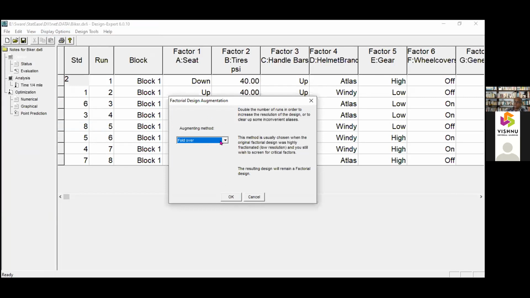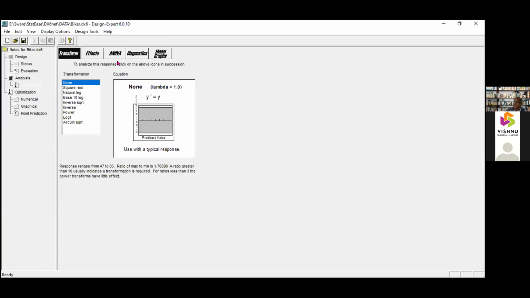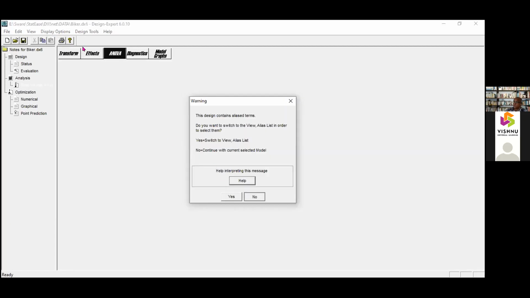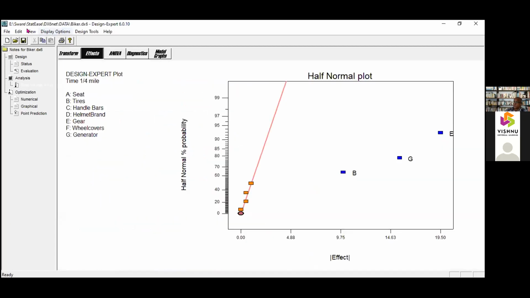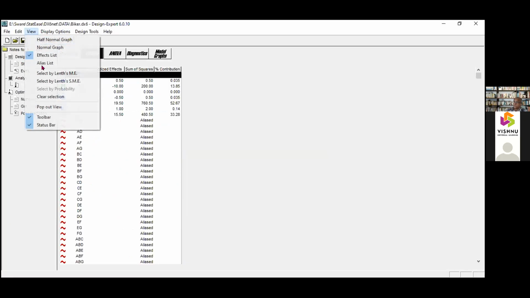Which factor do you want to distinguish? Previously, what was the analysis? FX. E, G, and D were significant. FX view, FX list, view alias list.